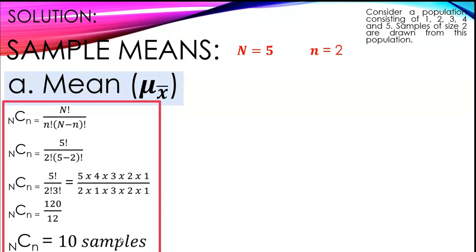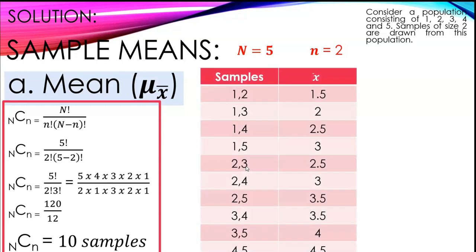Hence, we can say that there are 10 possible samples that we can get from our population of size 5. Now, for step 2, we're going to create a table for our samples and their corresponding means. So here, we list all the samples of size 2 from our population. So we have 1, 2, 1, 3, 1, 4, 1, 5, 2, 3, 2, 4, 2, 5, 3, 4, 3,